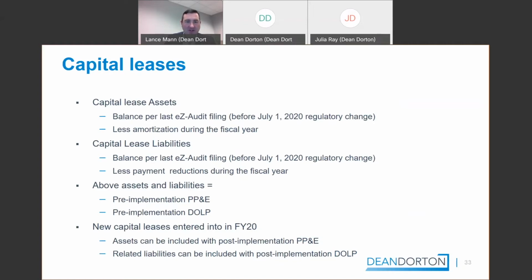For new capital leases entered into in FY 2020, the assets are in post-implementation PP&E, and the liabilities are in post-implementation debt obtained for long-term purposes. During the year of 2020, if you made payments on your capital lease liabilities, that reduced your pre-implementation debt obtained for long-term purposes.